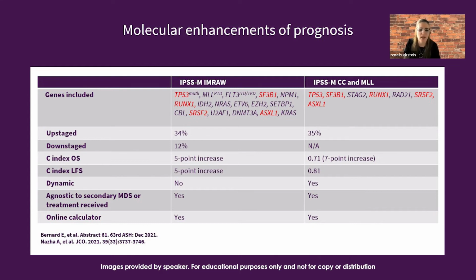And then the C index, which is sort of a measure of the goodness of fit of the model at predicting adverse outcomes. The IPSS-M IMRA has a 5-point increase for both overall and leukemia-free survival compared to the IPSS-R. And the IPSS-M Cleveland Clinic MLL has a C index increase of 7 points compared to the IPSS-R. So pretty similar, but graphically, I'll show you a figure that suggests that it's pretty impactful. Both of these,